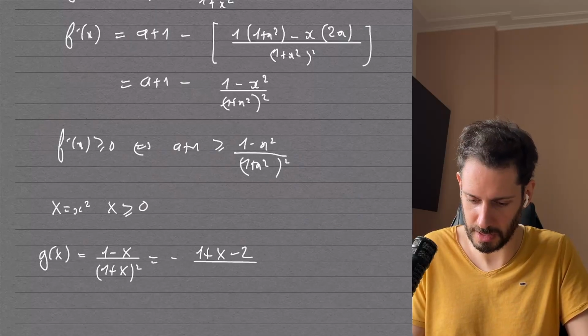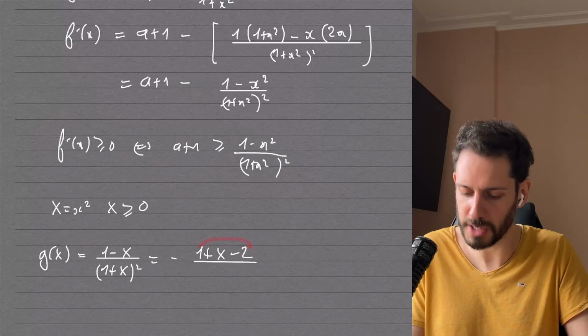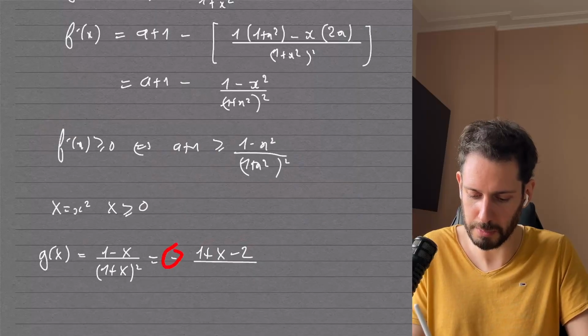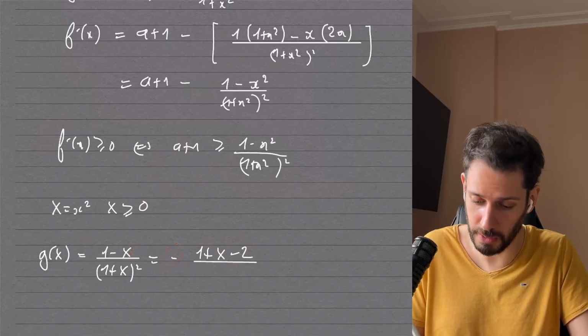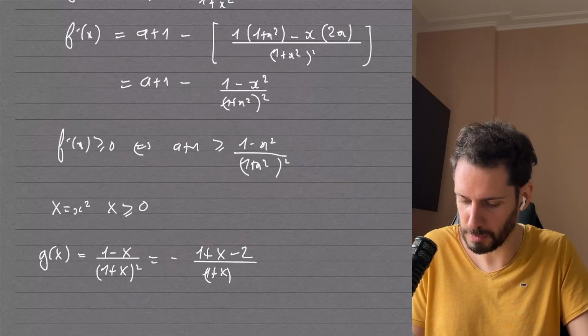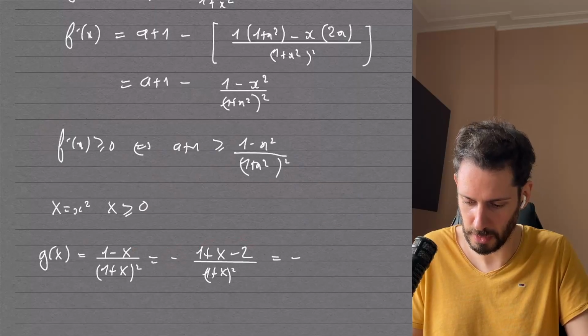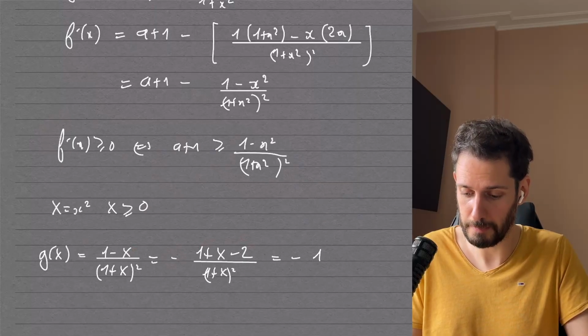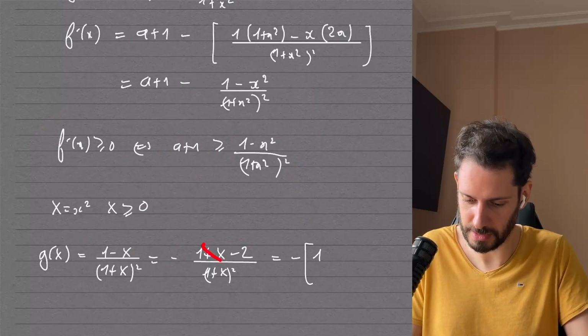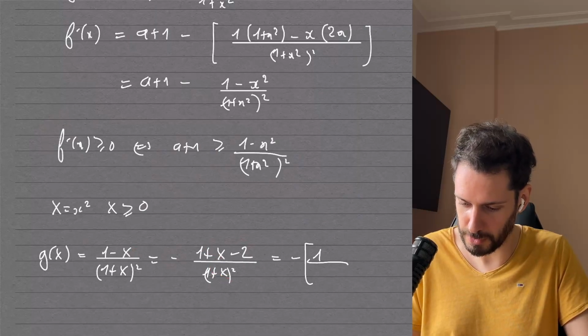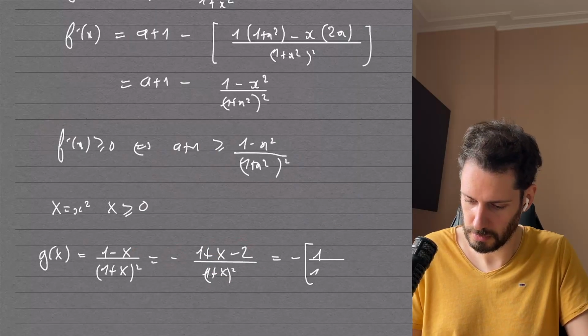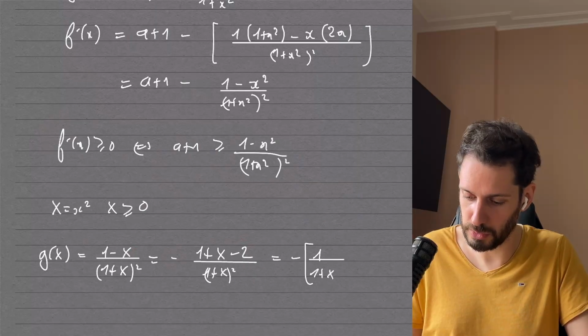So if I do this, I have 1 plus x minus 2. You can triple check me. That's x minus 1 with the minus sign, 1 minus x. Why am I doing all of this? It's a simple algebraic manipulation just to get minus 1. I put the minus in the front, because this divides here over 1 plus x, minus 2 over